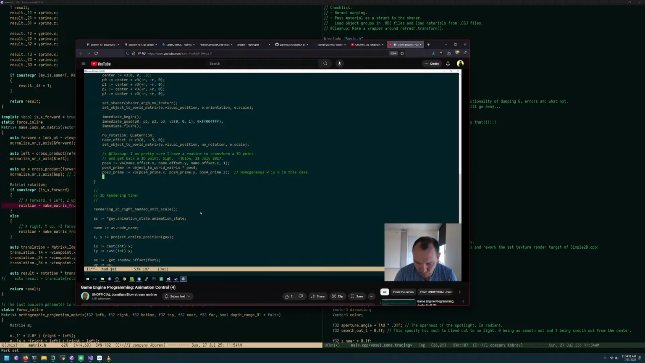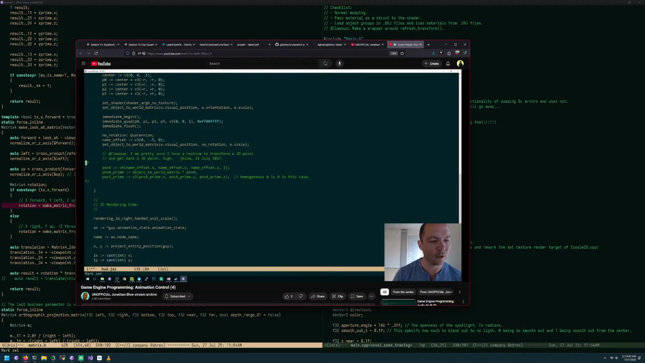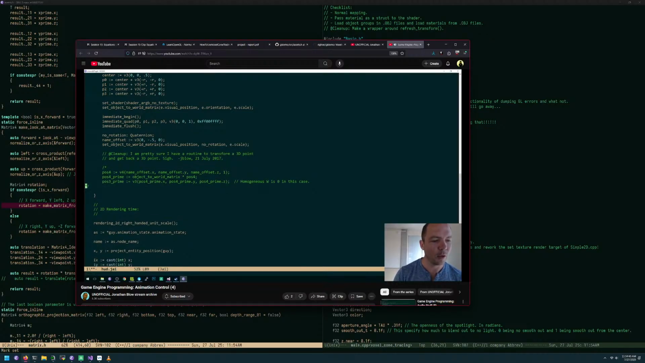I don't want to do this. I'm going to do this the other way. I'm still going to need this comment. But I want to go all the way to projected screen coordinates. That's the point, because